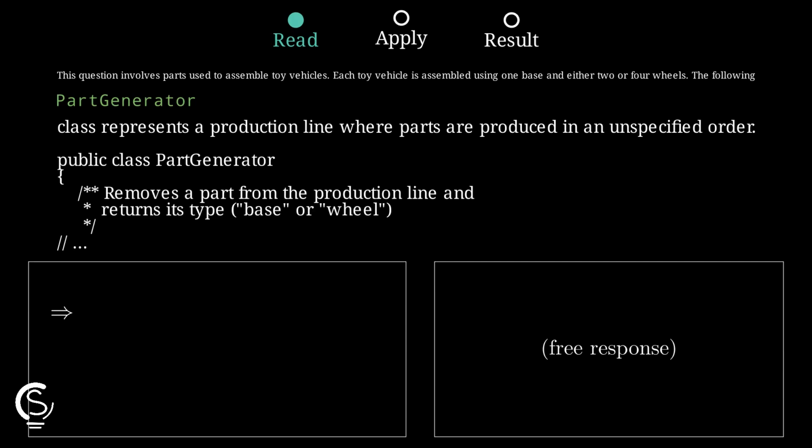public void updateInventory(int numParts) { for (int i = 0; i < numParts; i++) { String part = generator.nextPartType(); if (part.equals("base")) basesAvail++; else wheelsAvail++; } }